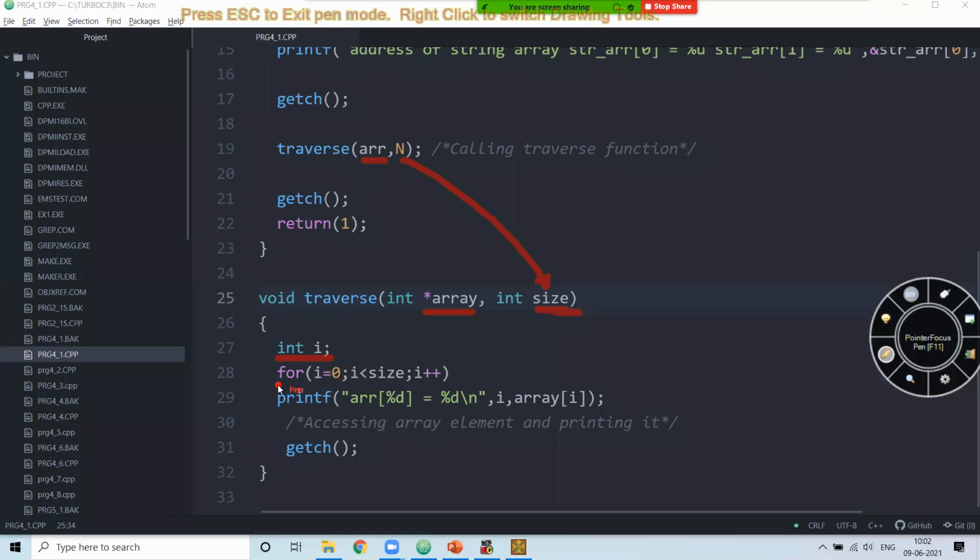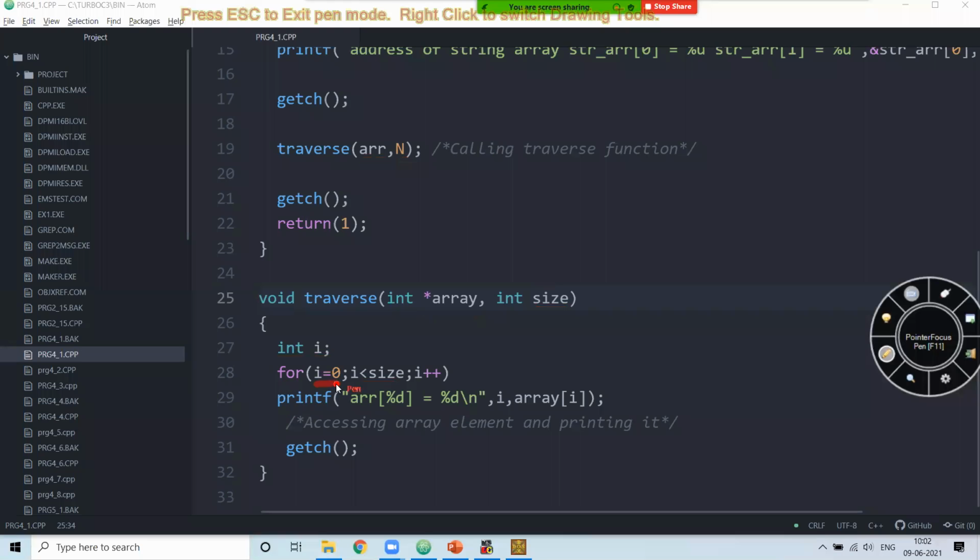Now in order to traverse, we are making use of the for loop. So in a for loop, what is the thing? First you have to initialize, then you put the condition. Based on the condition, the statements will be executed. Once the statement is executed, you go for an increment or decrement operation accordingly, and then again you check the condition. If the condition is satisfied, you continue with this operation. So remember, initialization in the for loop happens only once.